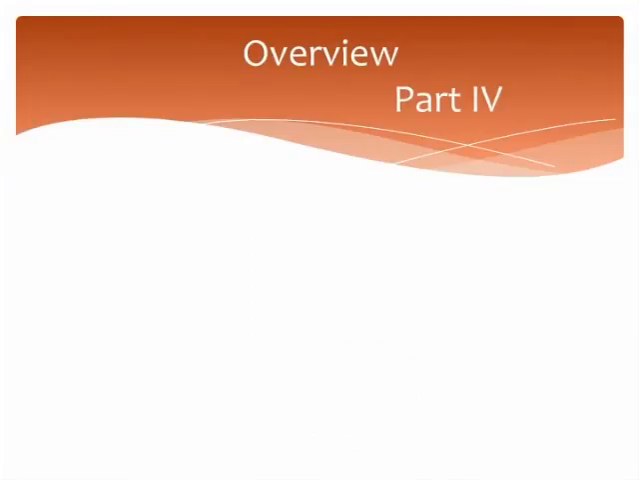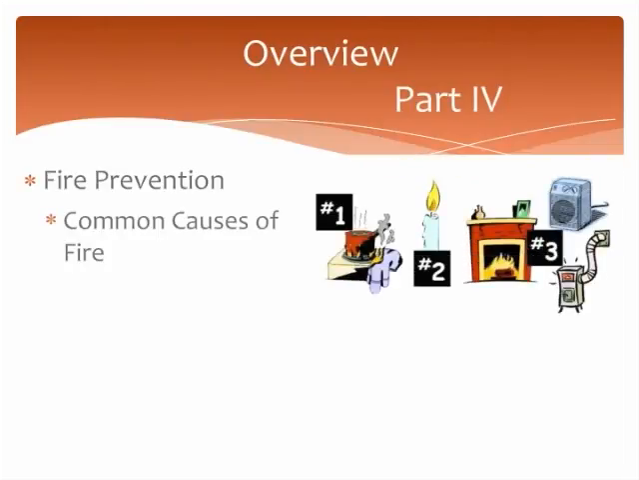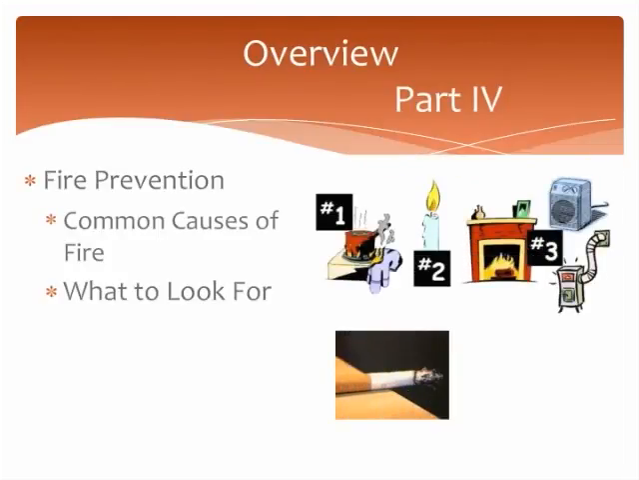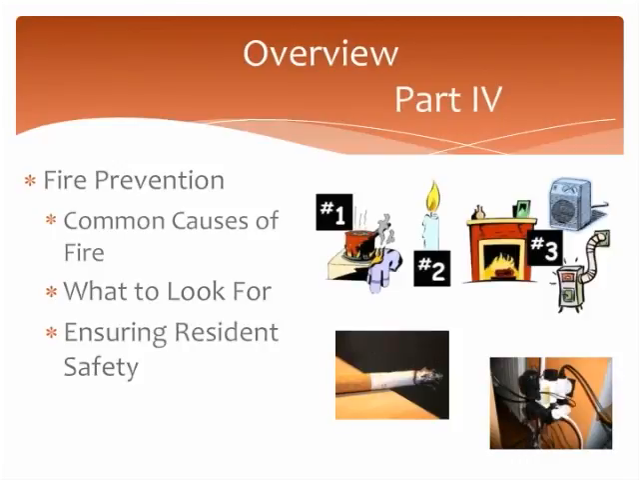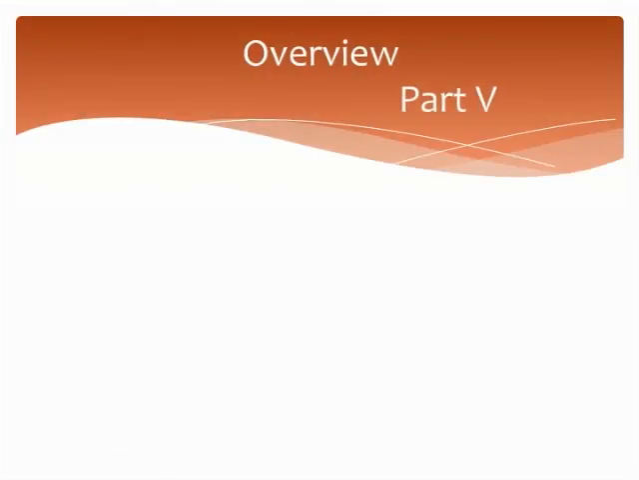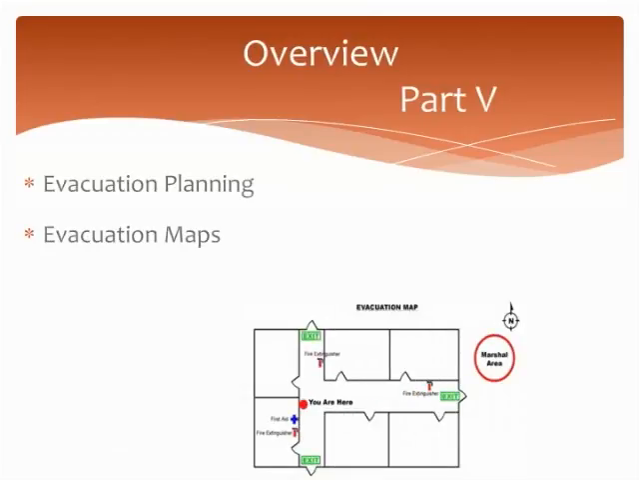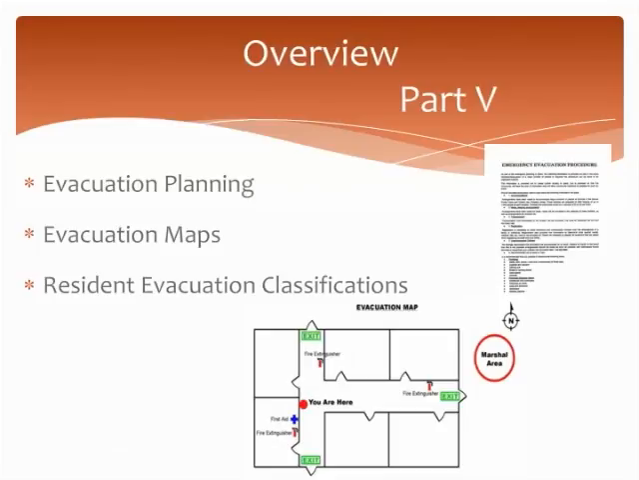Here is a brief overview of what the fourth segment of the fire safety course will cover. We will review fire prevention, including common causes of fire and what to look for, in addition to how we can ensure resident safety. In Part 5 of the presentation, we will cover evacuation planning, evacuation maps, and resident evacuation